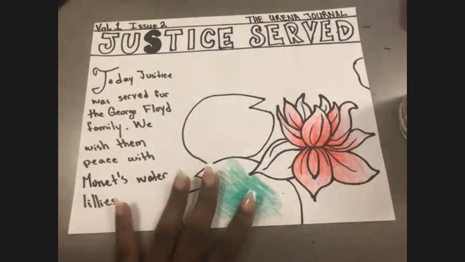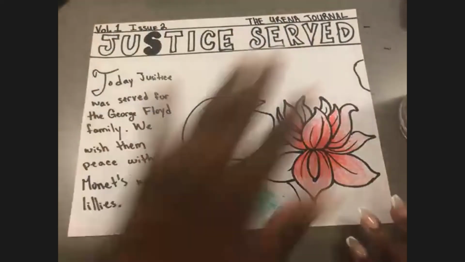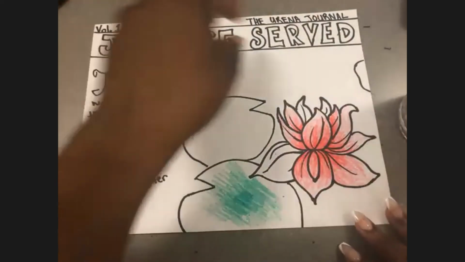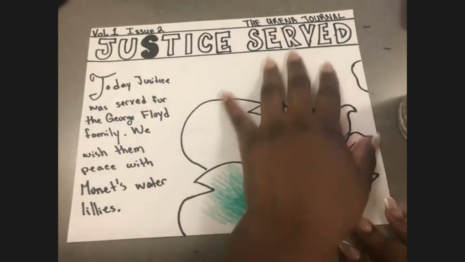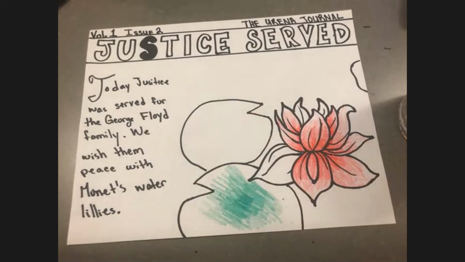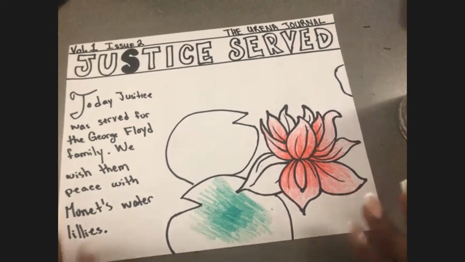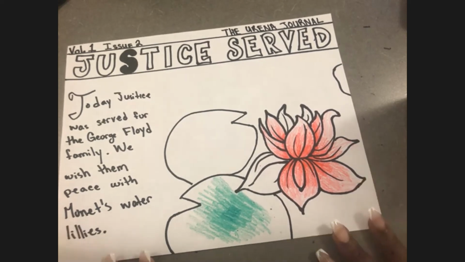So you're going to continue to color your entire composition, your letters, your background, the water, the lily pad and the lily. You're going to continue to create those colors and color in everything. And when you're done with your composition, please send a picture to Miss Maglio or me in Class Dojo or in Google Classroom, right?